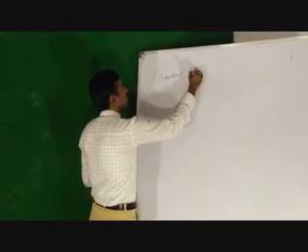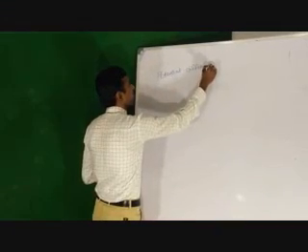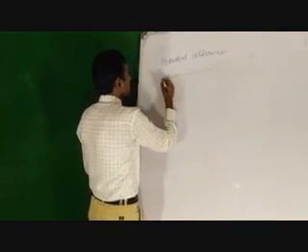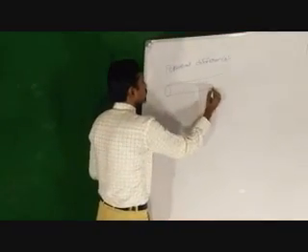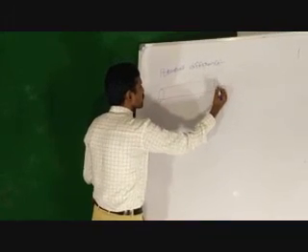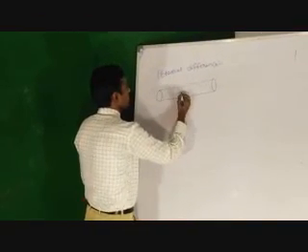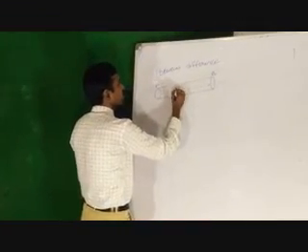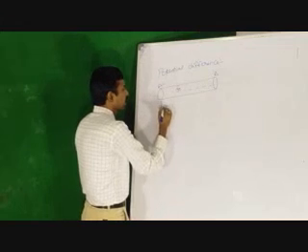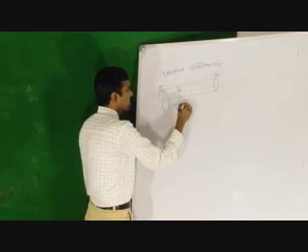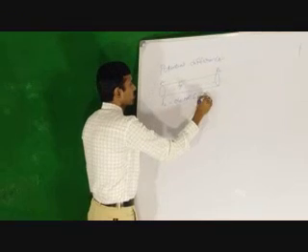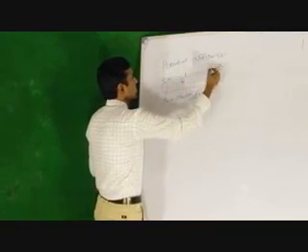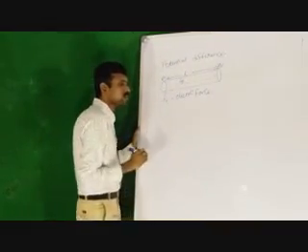Potential difference. So this is one conductor, and these are the electrons moving from A to B. Fe is nothing but the electric force. And from A to B, the distance is L.